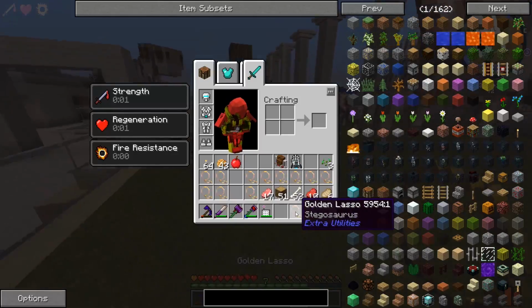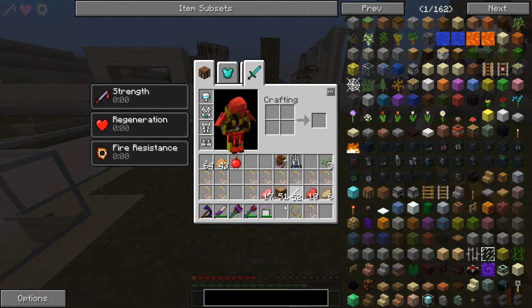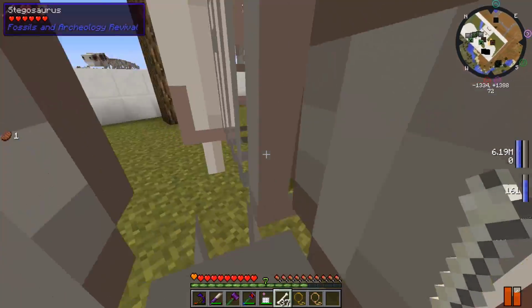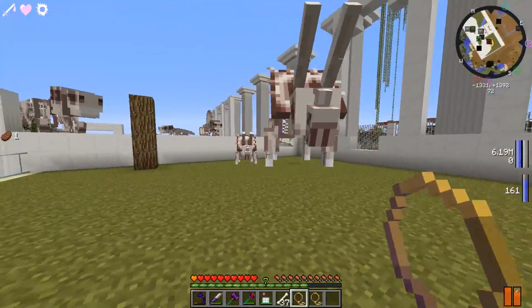So what is this one? Ankylosaurus? Stegosaurus. Where should this one be? Actually, let's lay it down. Let's see how big the full adult is. I want to have at least one full adult of each dinosaur inside of here, so everyone can interpret exactly how big they are. So there we go. I think we're going to have very much room for...